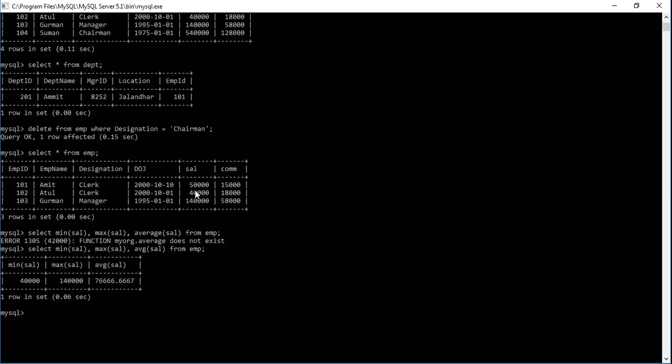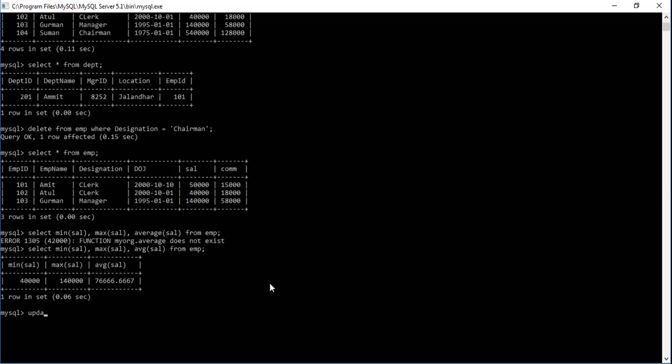ठीक है, तो update आपकी DML command है, data manipulation language command, and alter table is DDL, data definition language command. Right, so how will you change the value if you want to increase the salary, let's say by 10% of all the managers, right? So for that we'll write